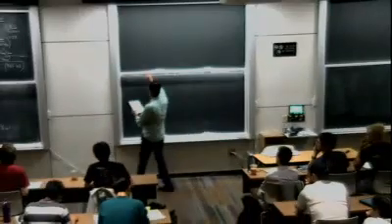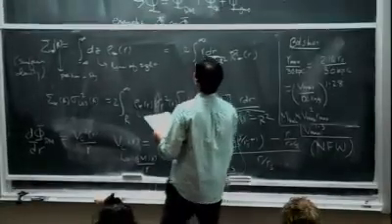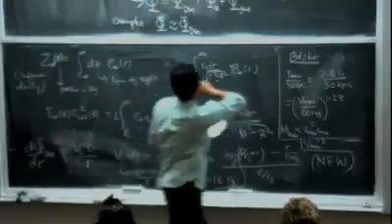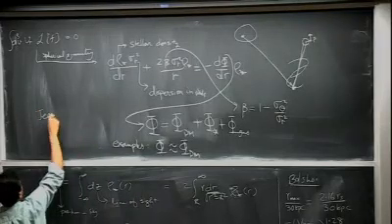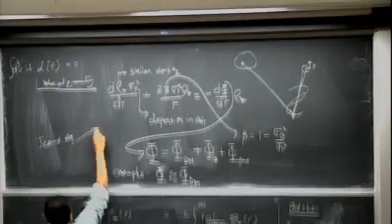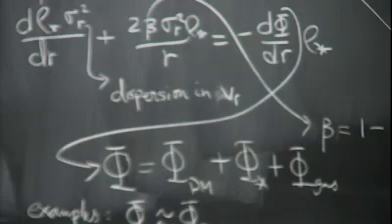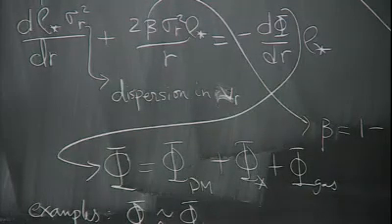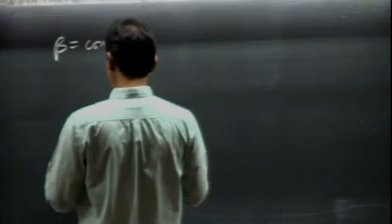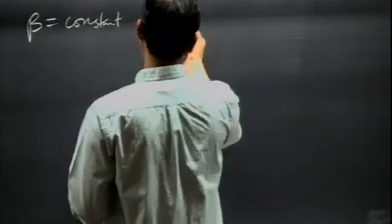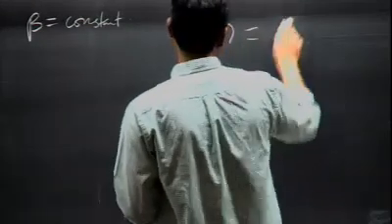Okay, so let's go back and solve this equation. So we are looking at the Boltzmann equation there. Sorry, the Jeans equation. This is called the Jeans equation after the guy. Okay. Let's do the approximation where beta is constant, otherwise the solution looks a little more complicated, and it's really not worth going through it right now. If you make the approximation that beta is constant, then you can just integrate that equation, and you will get